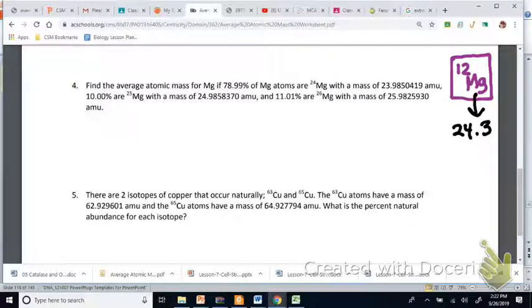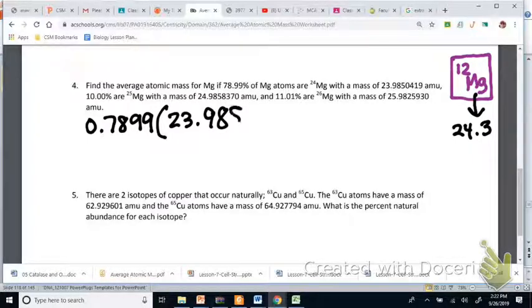So we want to convert the percent abundance of magnesium 24 as 0.7899. We're going to multiply that by the mass, which is 23.9850419. And we're going to add to that, taking into account the other isotope that has an abundance of 10%, so that's 0.1 times